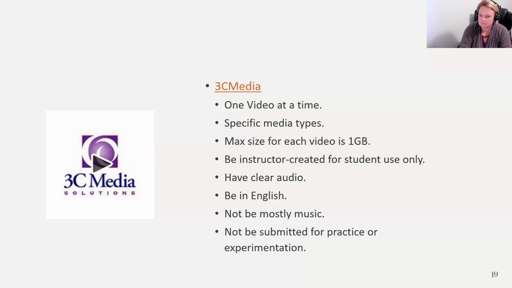I won't get into all the technical terms, but Canvas Studio has to be integrated with the system behind the scenes. What it does is you submit your video through Canvas Studio, and then it gets captioned right back there. It never leaves. And that's the difference between that and 3C Media or YouTube, where you're sending things out. This keeps it all in one place, which is what I really liked about it. Keeps it secure. It's not public.